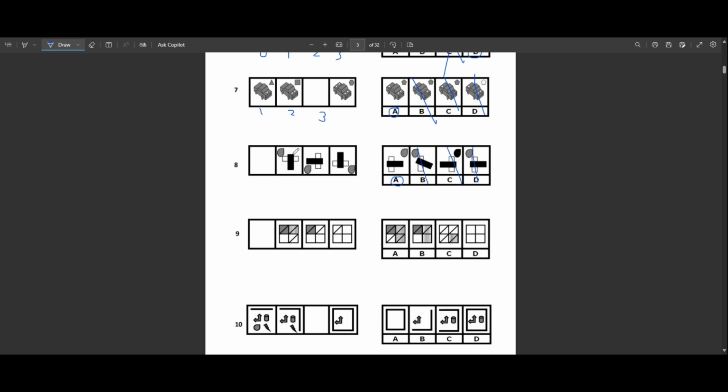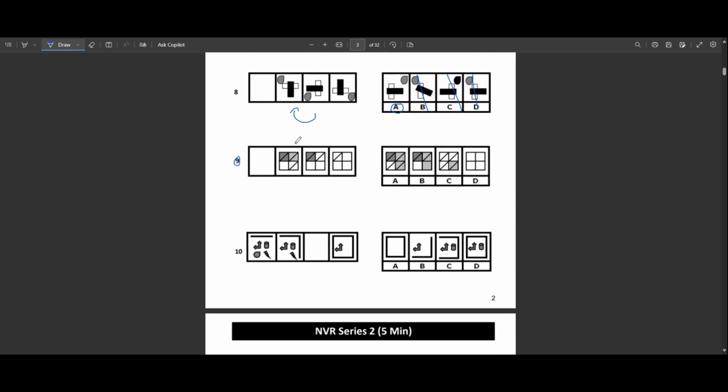You can also see there's another pattern. It's this shape right here that is rotating. It's rotating anti-clockwise, and that matches the pattern here. Okay? Question 9. You have these squares, and each time